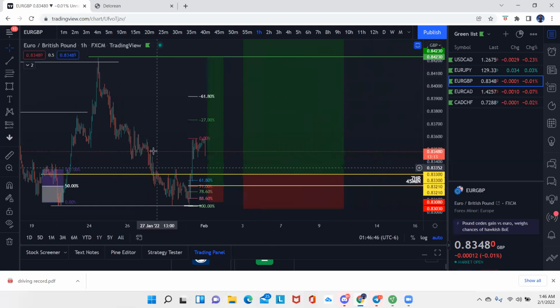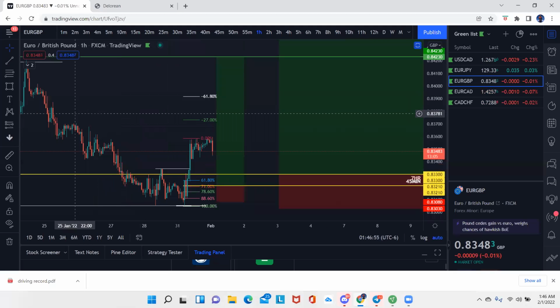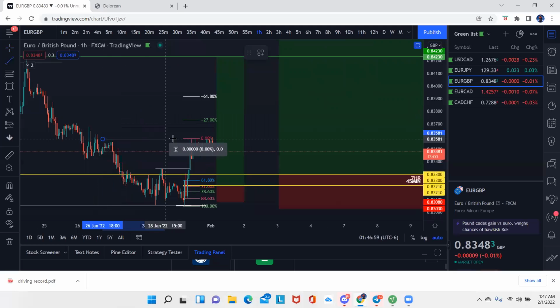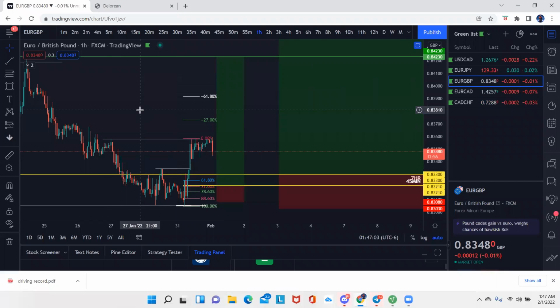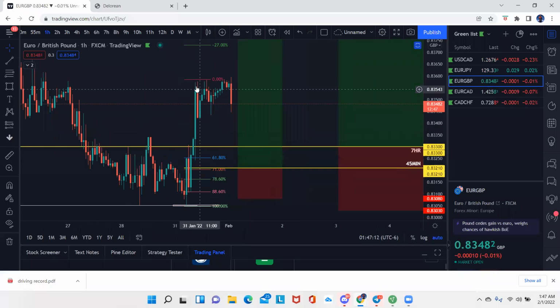Now, when the market pulled back, swept liquidity, and gave another run to the upside, it broke this, okay? And it also broke this, okay? So once again, it broke multiple levels of structure. So now what I'm looking for is honestly pretty straightforward. What I'm personally looking for is to see from low to the high,